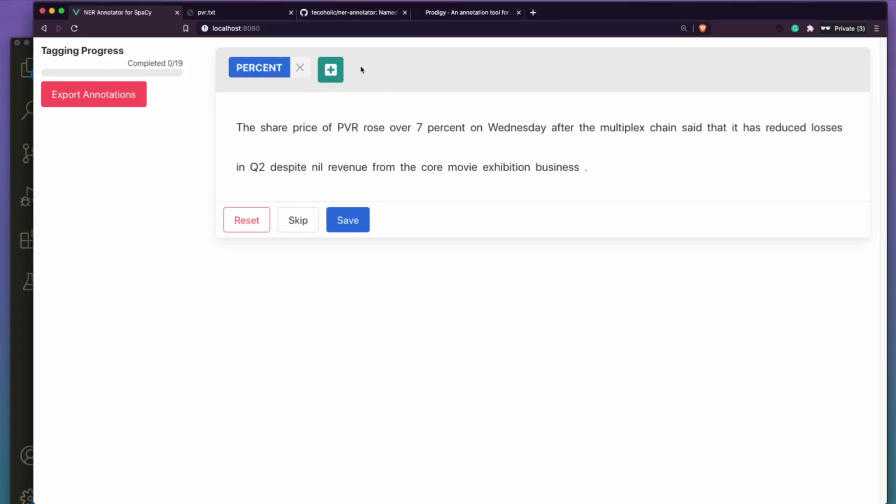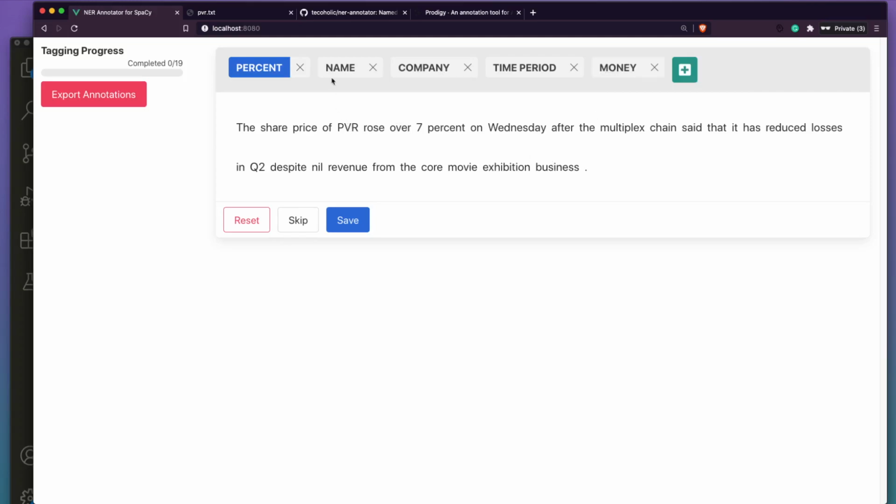That is one of the things that I want as a class or entity. You can call it entity because we are doing named entity recognition. So percent, and I can just add a bunch of things. I think I will encounter name or a person name. I'll call it name, and then I will encounter company name, which I want to call company. I'll probably encounter some time period, and I will encounter some money, so I'm going to call it money.